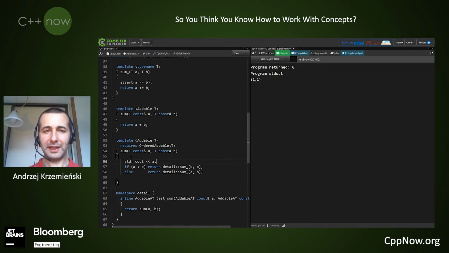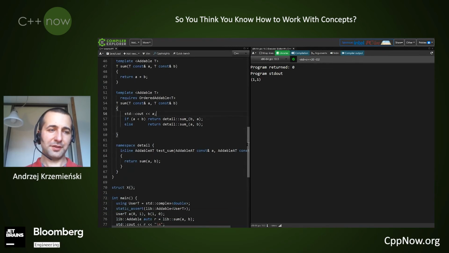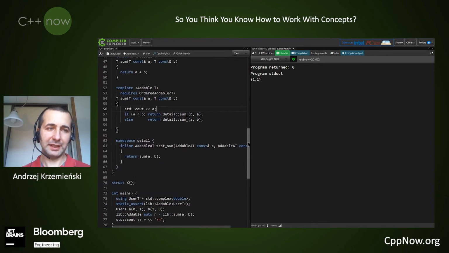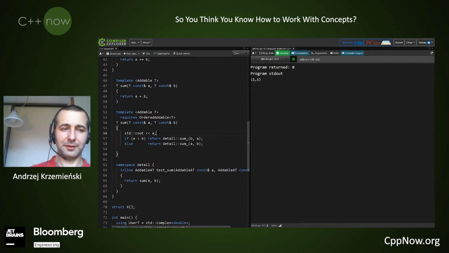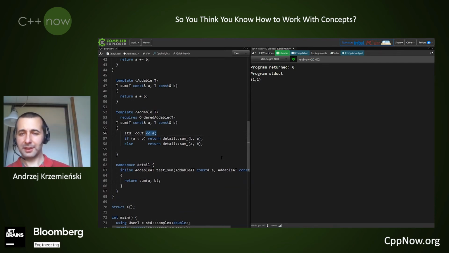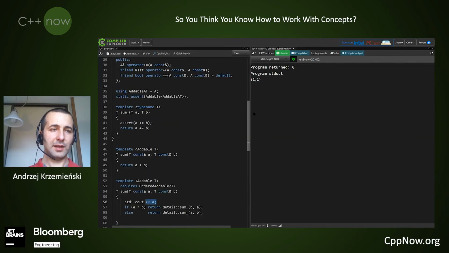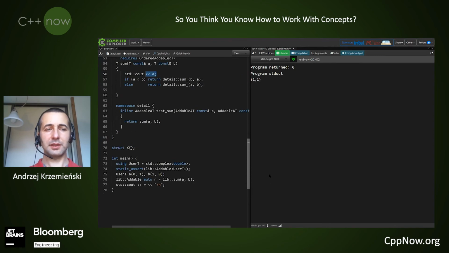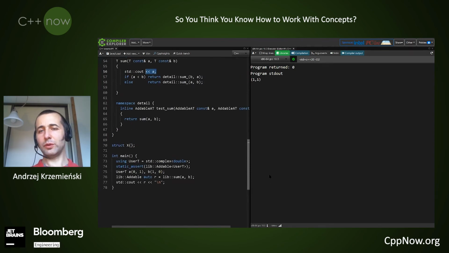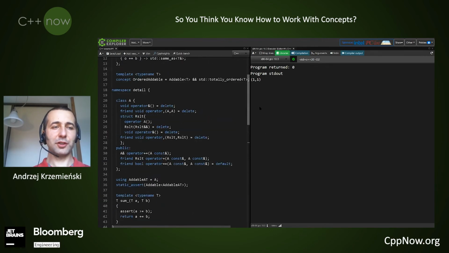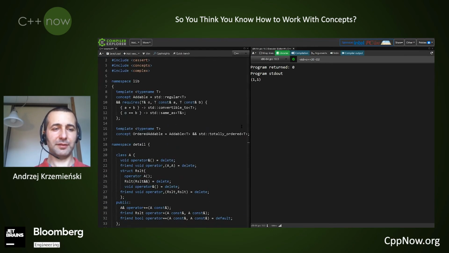It may compile still for some types like int, because the ints do have this operator. But we are left with untested one of the overloads. So let's test it also. We have two overloads. Let's create two archetypes, one for each overload, or one for each concept that we provide.